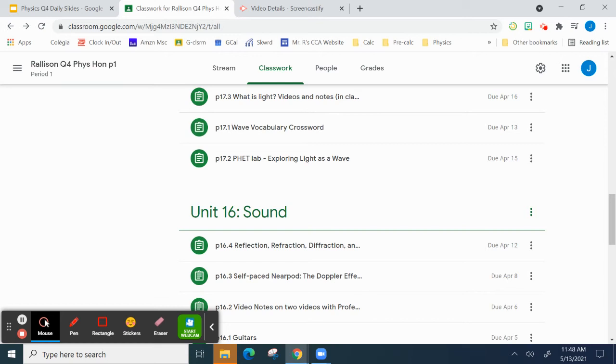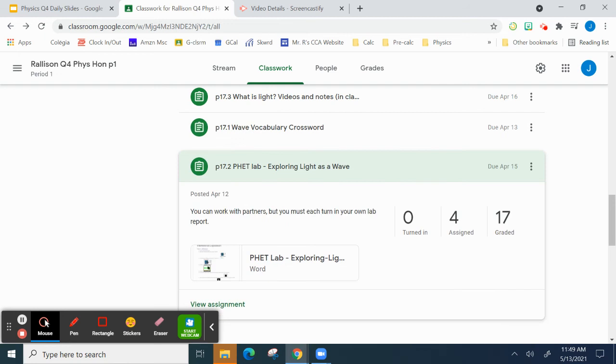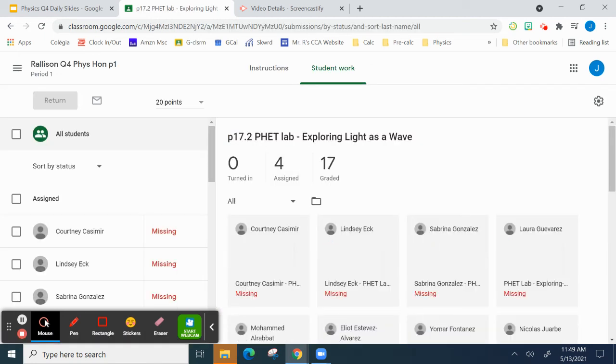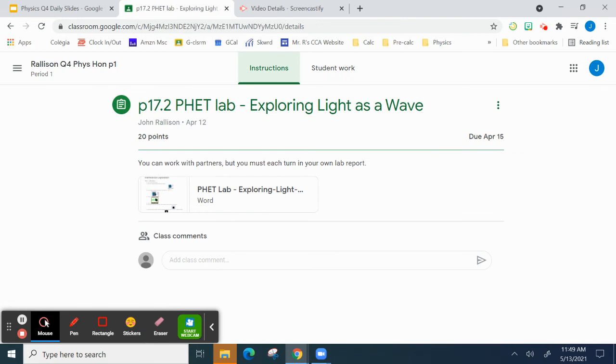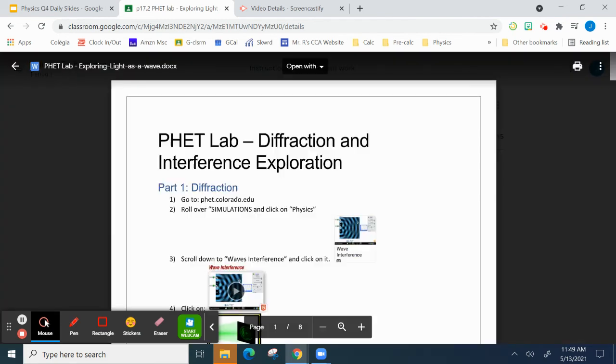All right, so this is assignment P for physics, 17.2. It's a PHET lab, exploring light as a wave. So let's view the assignment, not people's grades, the instructions. So we're going to go here, and it's going to open up this document, and we're supposed to go to this